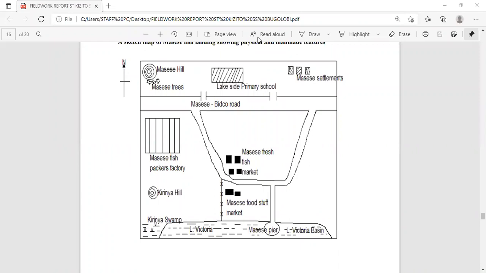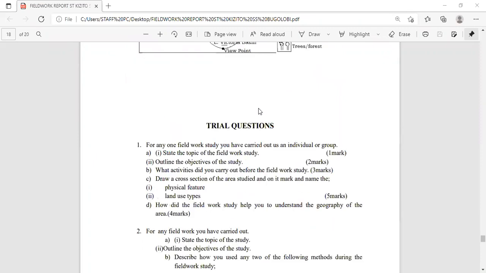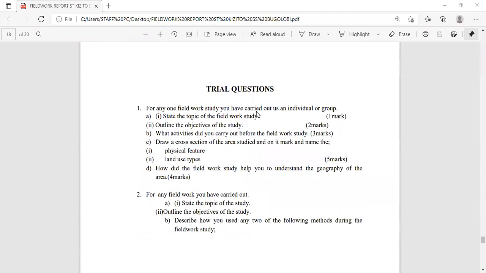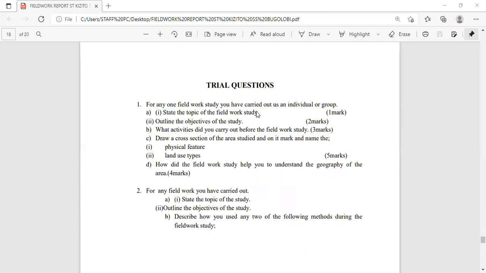To find out solutions to the problems facing land use activities around Mbuya Hill. And to find out the future prospects of Mbuya Hill. Good. Can you also try to give me